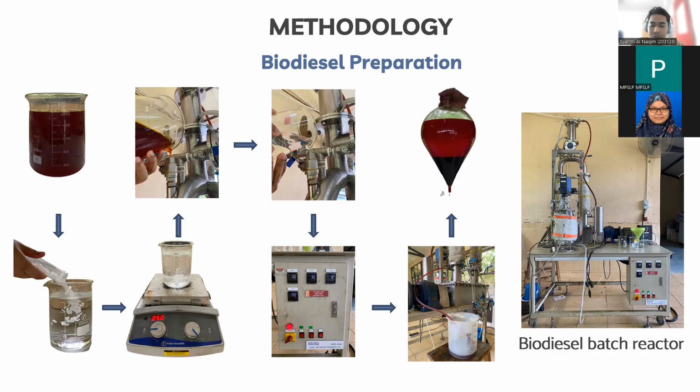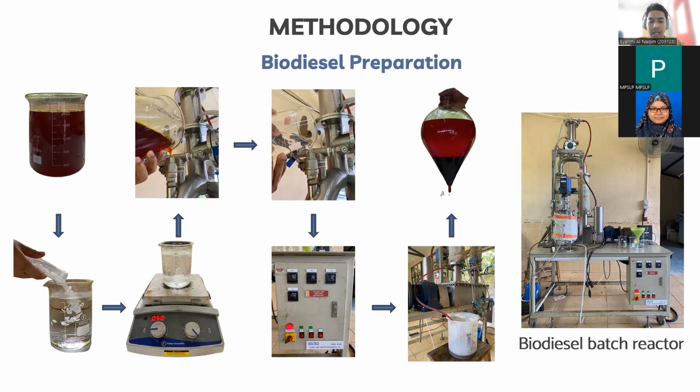Okay, as doctor can see at the right side, biodiesel batch reactor. Actually, it has two places for us to pour the used cooking oil and the reactant. So we will divide the used cooking oil from 2 liters to 1 liter each. So then next I will pour the used cooking oil, and then I will add the potassium hydroxide